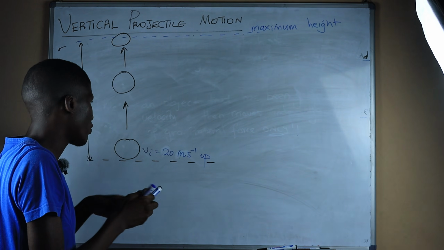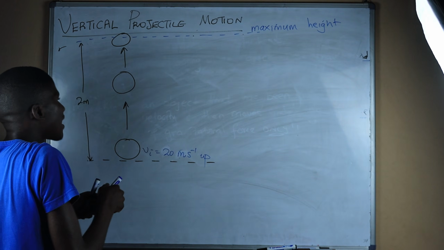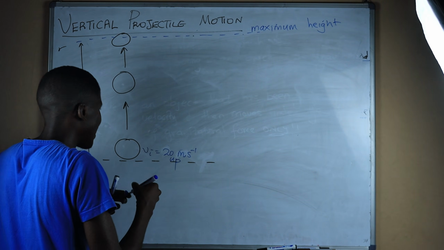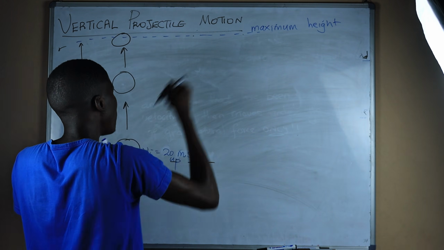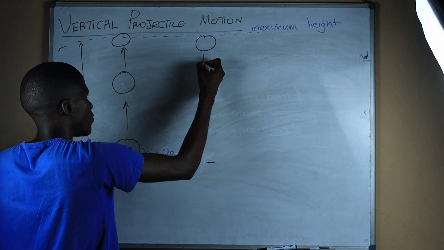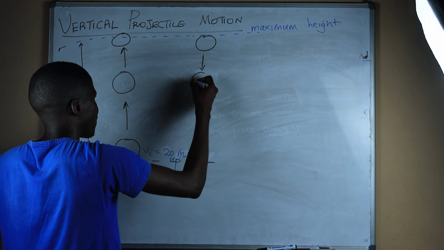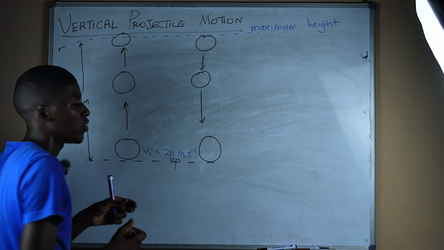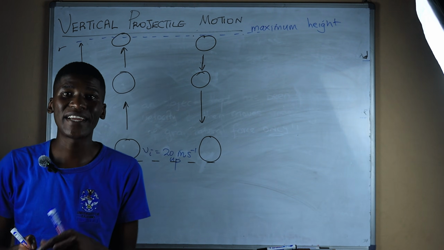So what scenario do I expect to happen here? It should come back to my hand again. So when this ball goes up, here is my ball. Let's just say it's up there. Okay, now it will come back. So this is the reverse motion. It is now coming back to where it started.